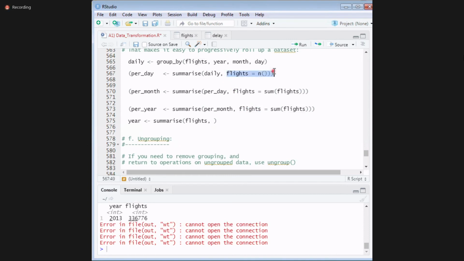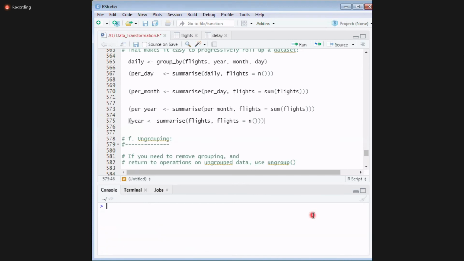Why do I use brackets? I use brackets so that I get my output. Now tell me what output will I get? Will I get 336,000 or not, like I got for this per year? Yes or no?